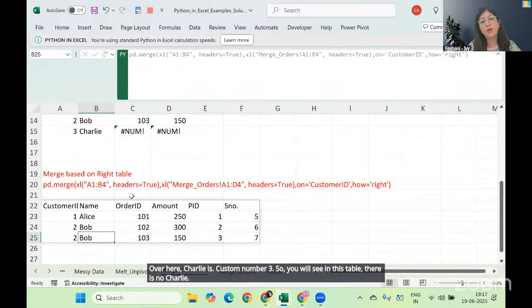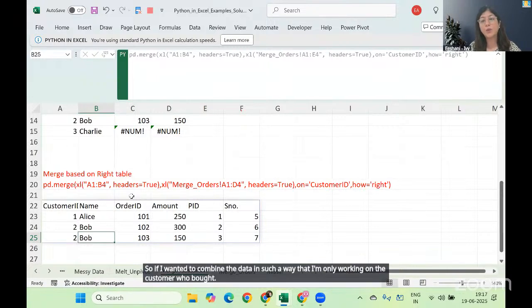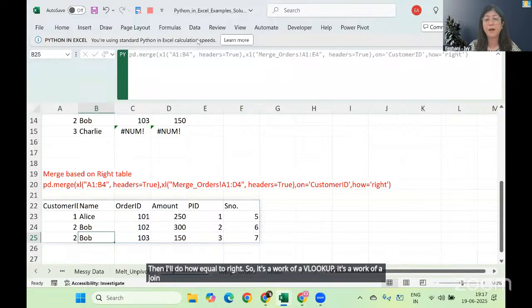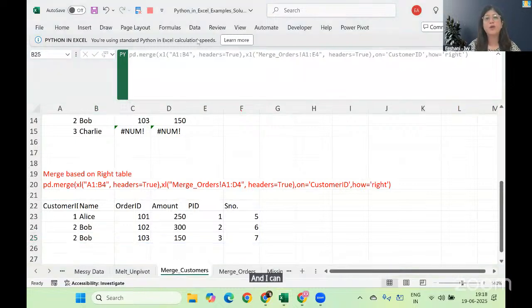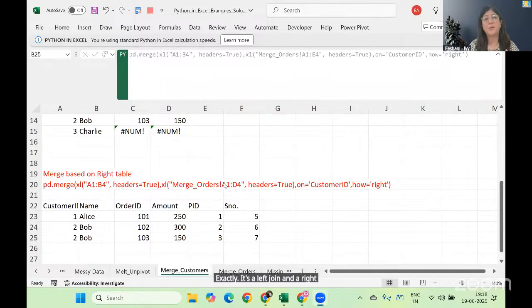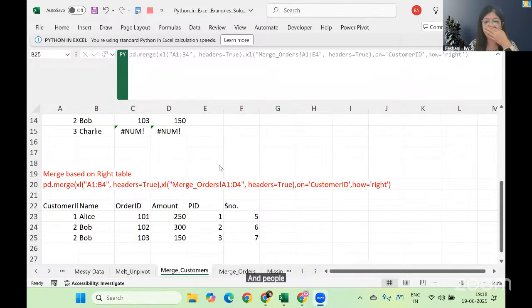So if I wanted to combine the data in such a way that I'm only working on the customers who bought, then I'll do how equal to right. So it's the work of a VLOOKUP, it's the work of a join using pandas, and I can pick and choose how I want to see. I want the left or I want the right join. Exactly. It's a left join and a right join. I just didn't want to make things more difficult since we are mixing already two things and people somehow are very afraid of